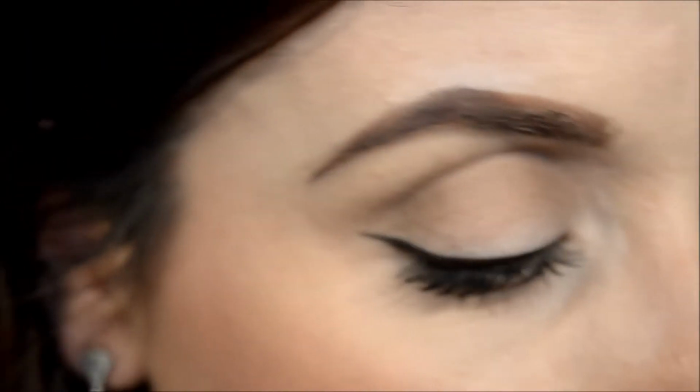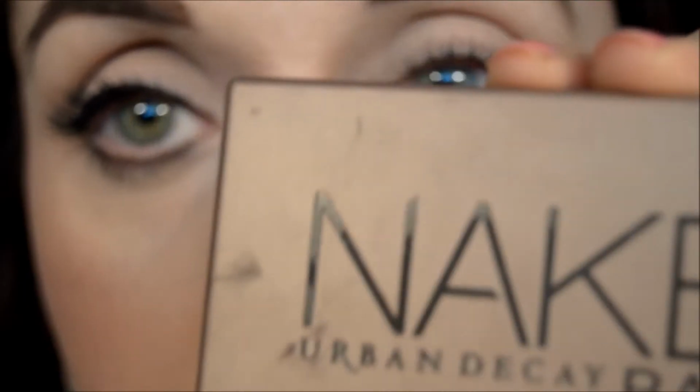Okay guys, that's my eyebrows done. Not perfect, not exactly on, but good enough for me. Makeup was actually pretty simple. It's nothing crazy. I am going to be using a lot of the Urban Decay Naked Basics palette to do this. I'm going to go in with the Walk of Shame color to go all over my lid from my base to my brow. I already did prime my eyes with Painterly Paint Pot by MAC. So I'm just going to go in there